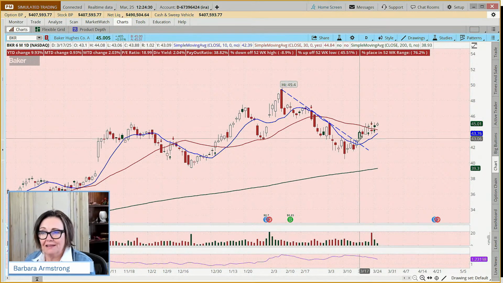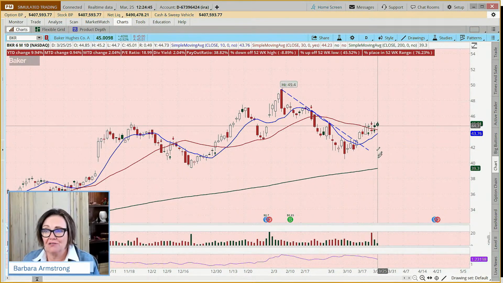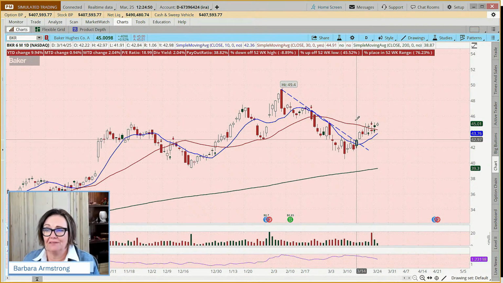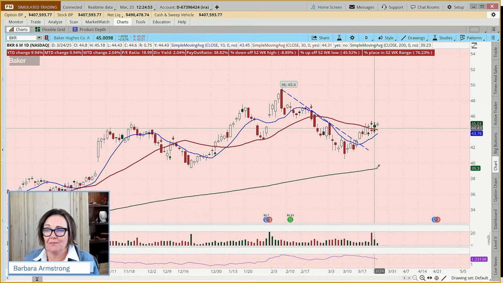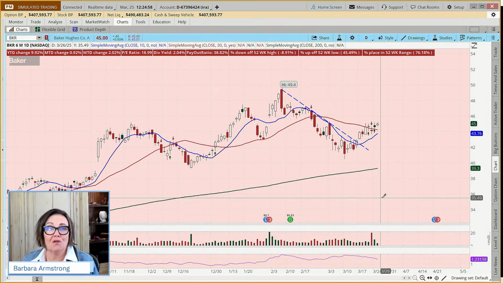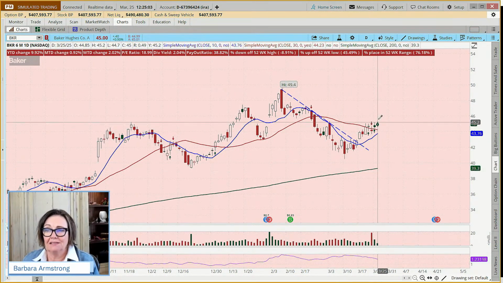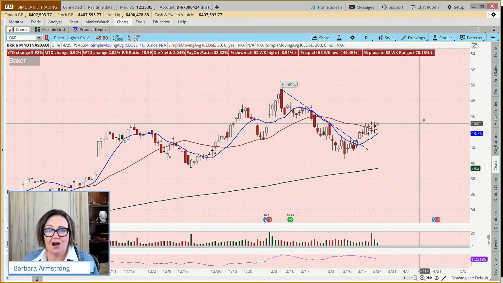Do you see a recurring theme here? It breaks out. And then I think it's like, whoa, that was a lot of work, and now I need a little bit of time to recover. So recovery day and then a big move to the upside. And this one, unlike a lot of stocks right now, is above all the trend lines: above the 10, above the 30, and above the 200. A lot of stocks got sucked below those levels and are still trying to make their way back up. And this is a $45 stock.